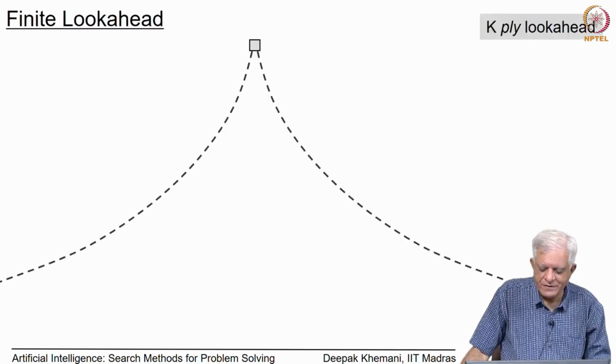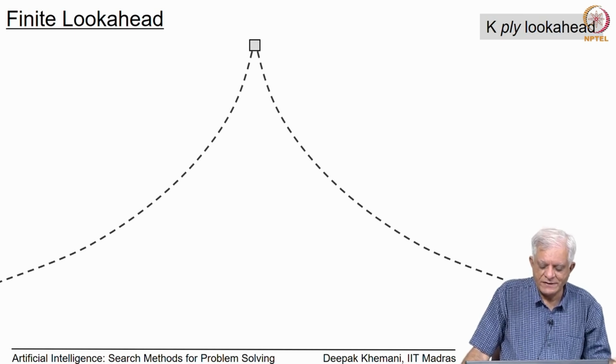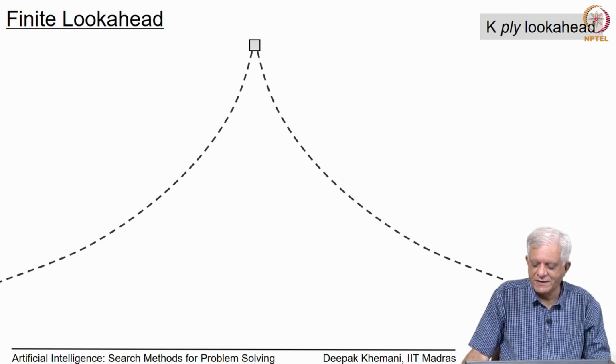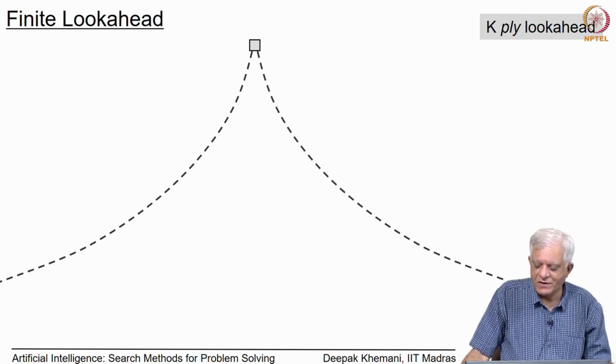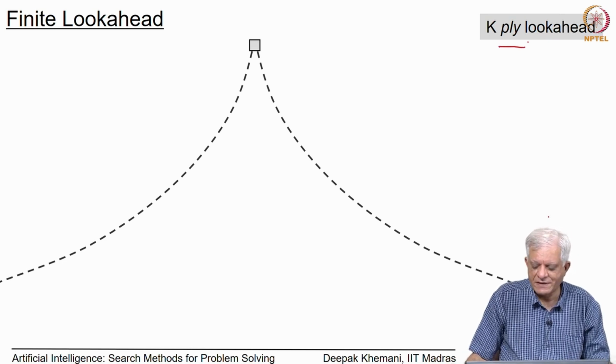So, what do we do? All game playing programs do is they do a limited look ahead. So, if this is a game tree which is growing exponentially, we do a look ahead which is called a k ply look ahead. A ply is a name that we commonly use in game playing parlance. We say how many moves are we playing. So, k ply look ahead means that you are looking at k moves. You make a move, your opponent makes a move, you make a move, and so on, and you are only looking up to k moves ahead.